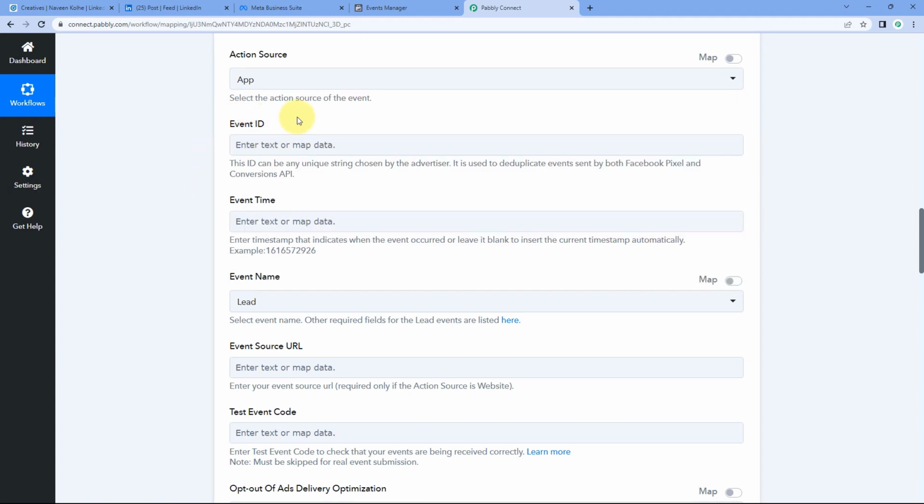Then it is asking us for the event ID. Now what is this event ID? Let's read the help text. It says this ID can be any unique string chosen by the advertiser. It is used to deduplicate events sent by both Facebook Pixel and Conversion API. So here, you have to enter a unique string, a unique ID, using which Facebook Ads is going to segregate between the Facebook Pixel's conversion and the conversion which we are going to send using this automation via Conversion